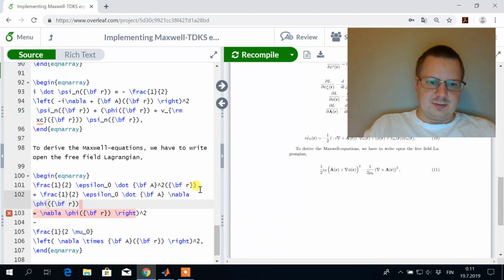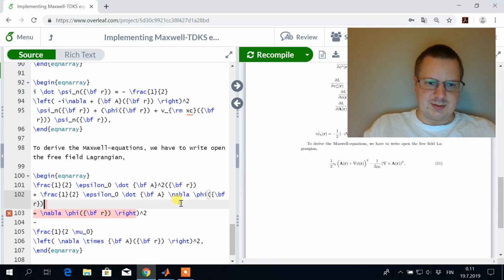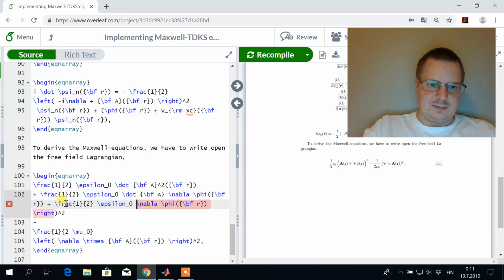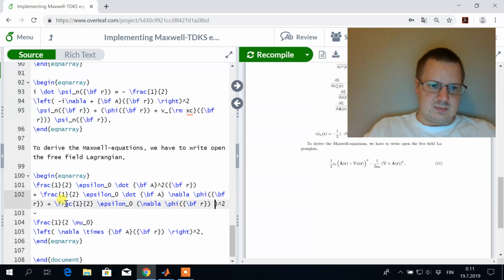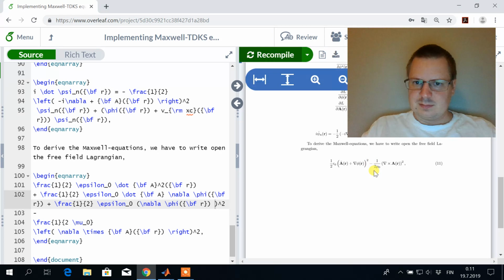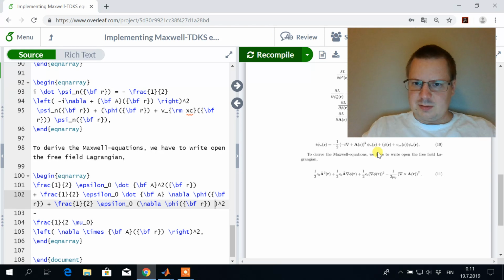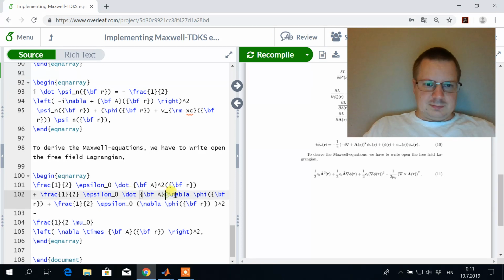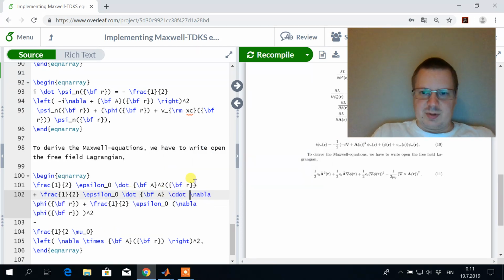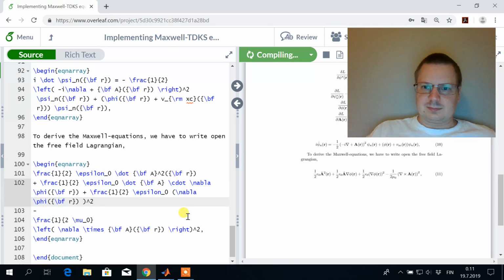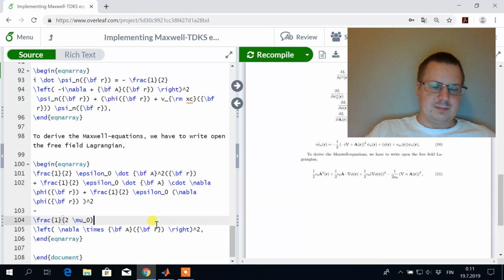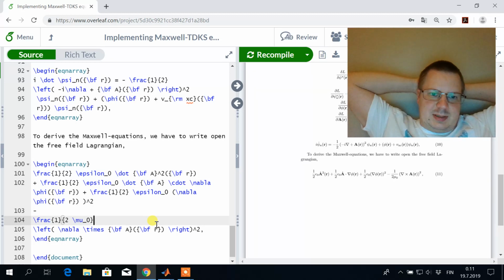So these are all good terms into the Euler-Lagrange equation, plus then the del phi squared. So these are now fine. This one is dot product, and then the del times, so